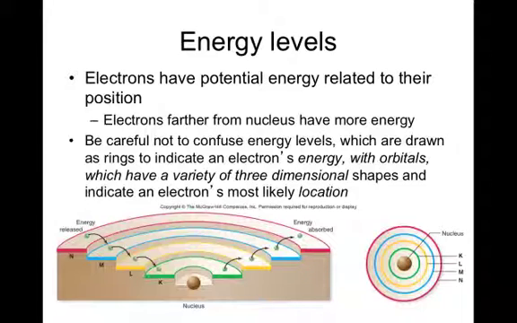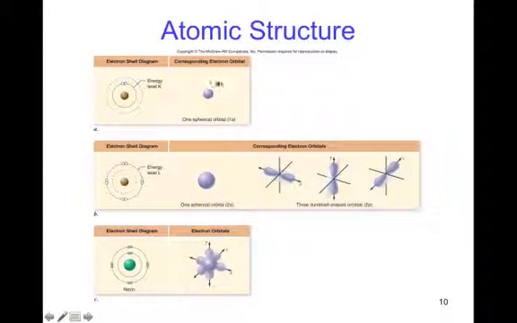We want to be careful not to confuse these energy levels, which are drawn as rings that indicate an electron's energy, with the orbitals, which have a variety of 3-dimensional shapes and indicate an electron's most likely location. Each energy level does indeed have a number of orbitals. The first energy level has only one orbital. It has just this s orbital, so it can only contain 2 electrons moving in random patterns all around the